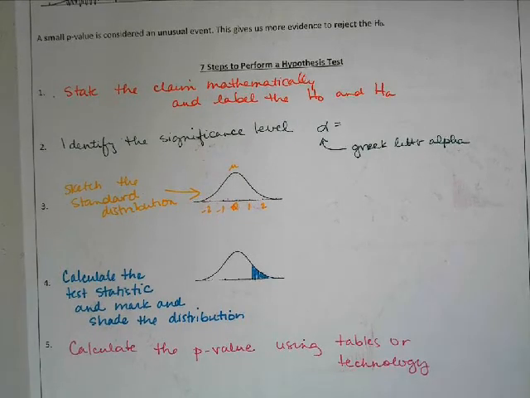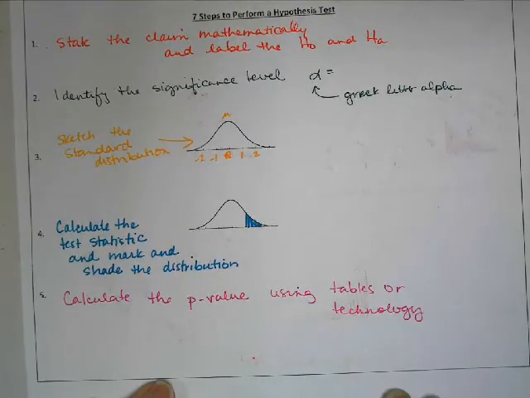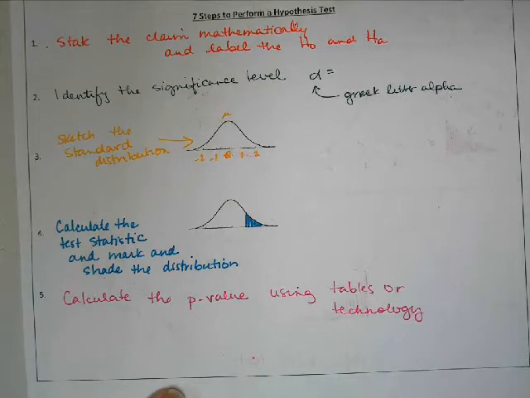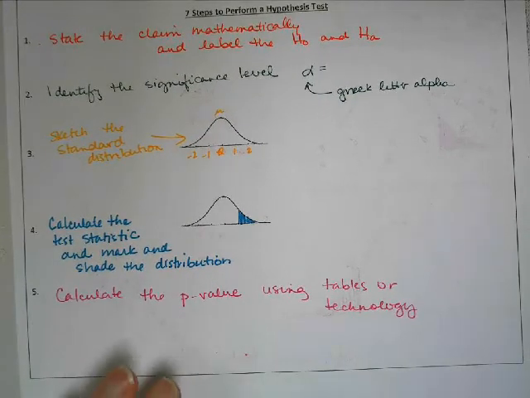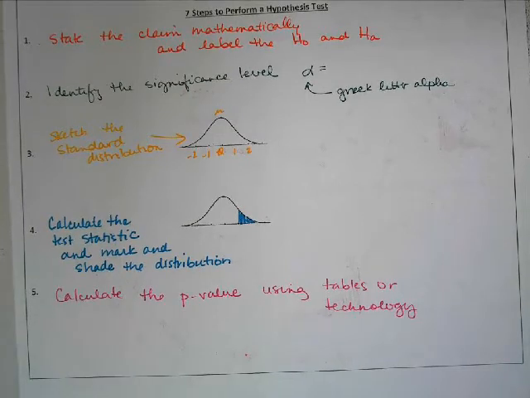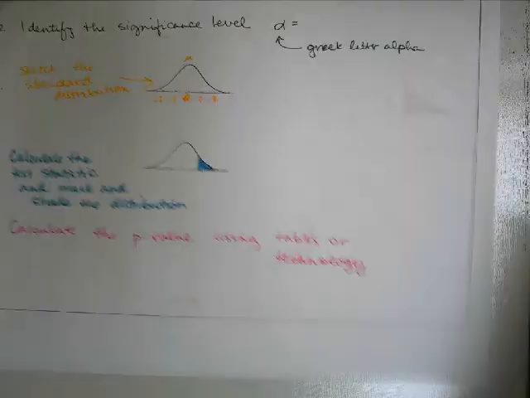We're going to calculate what's called the p-value using either tables or technology. When we say tables, it's either a Z table or a T table. And when we use technology, you use what corresponds. You're either doing a normal CDF or a T CDF, if you're using technology, or you're using your tables. Then